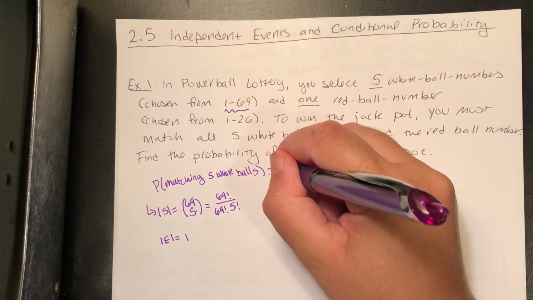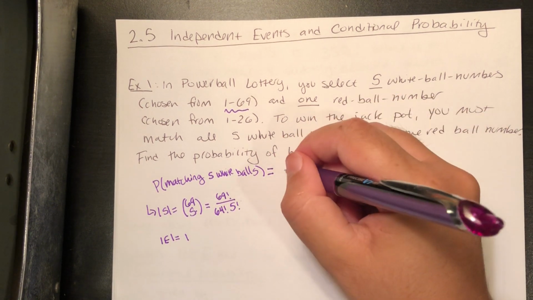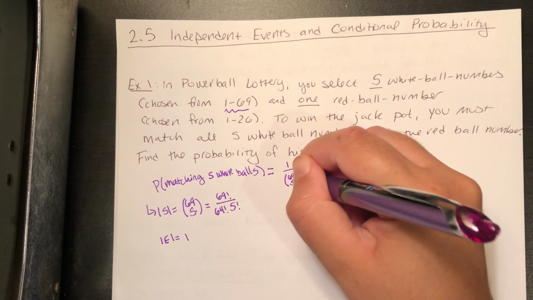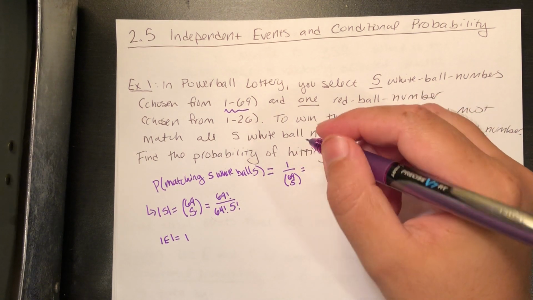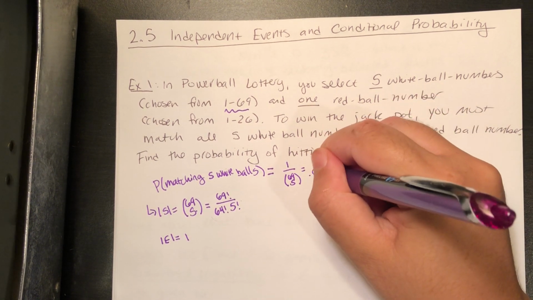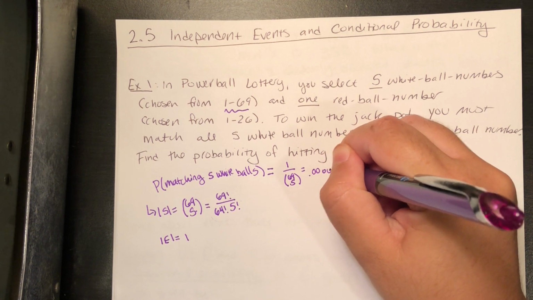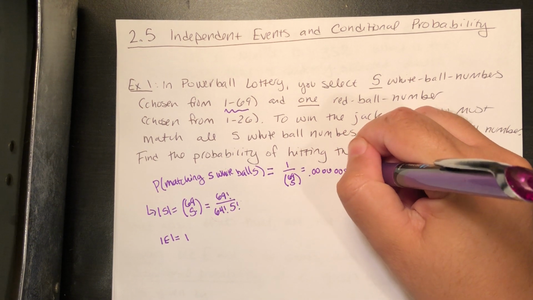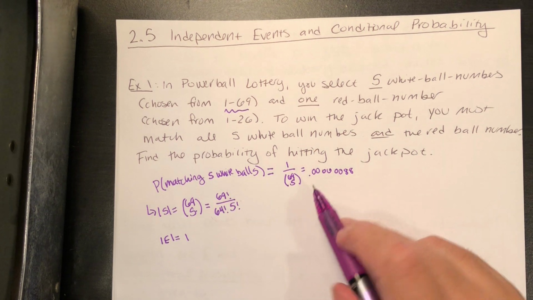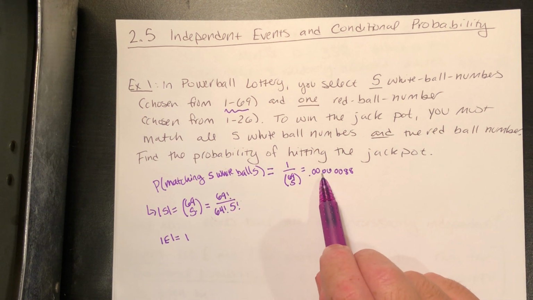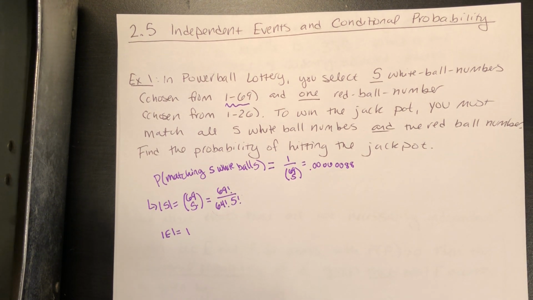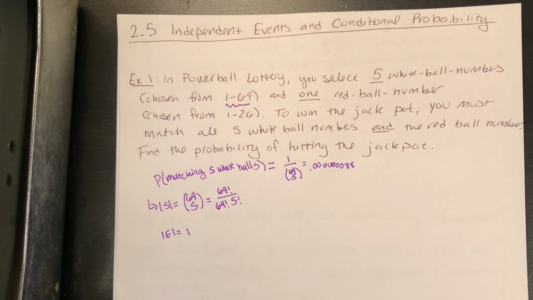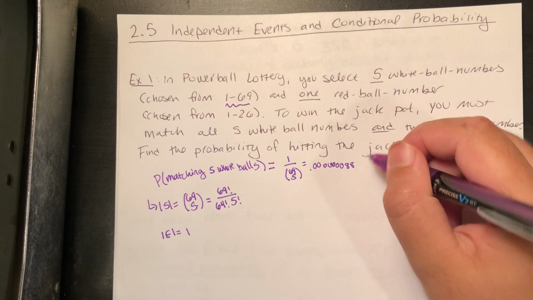So the probability that you matched all 5 of the ones that they pulled out would be 1 over 69 choose 5. That is this number here, 1 over this number here. And that number, by the way, is roughly 0.00000088. I think I missed a 0, actually. I think there's one more 0 in there. That's very small. This probability is ridiculously small, but remember, this isn't even all you have to do,